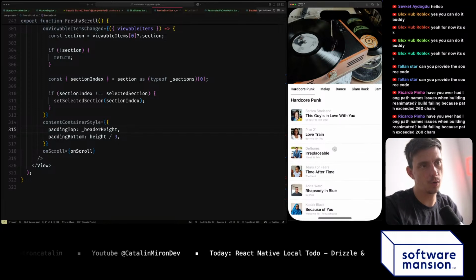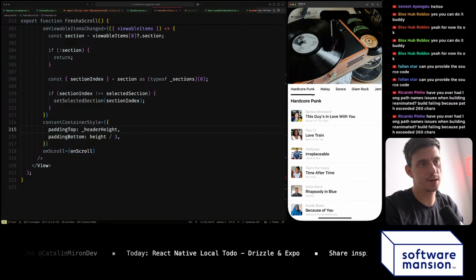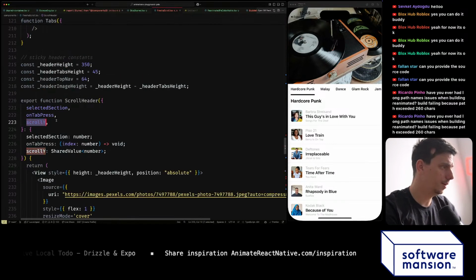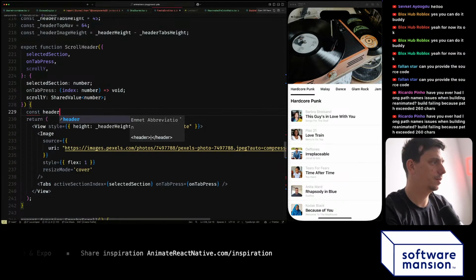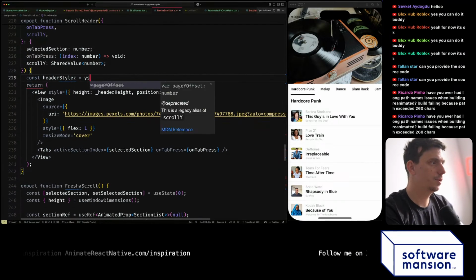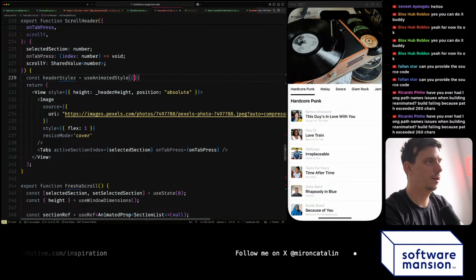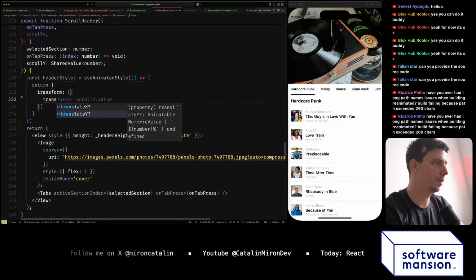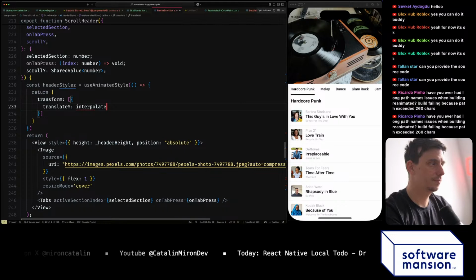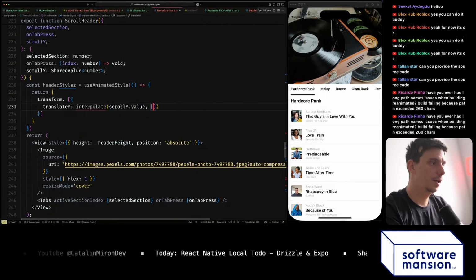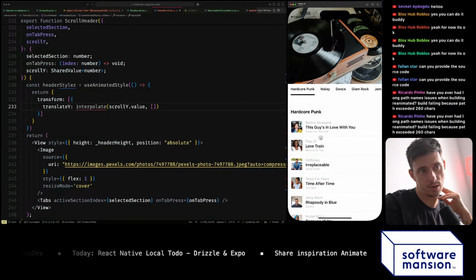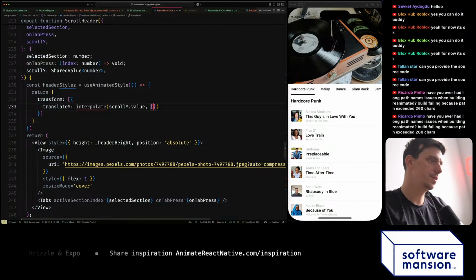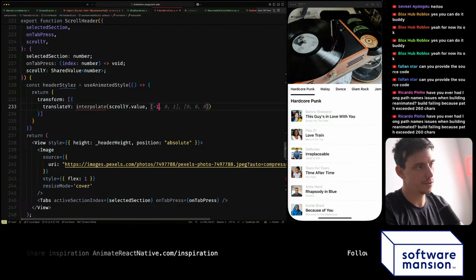Okay. And now when we move up, I would like to move the header up as well. So I'll go to the scroll Y. I'll create here const header styles. This is a use animated style, and I'll just return here a transform, and I'll translate Y. And I'll interpolate the scroll Y value. And the input range, it's funny, right? The input range, you can go beyond, you can have the bounces, you know? And how to fix this is we need to specify -1. For now,